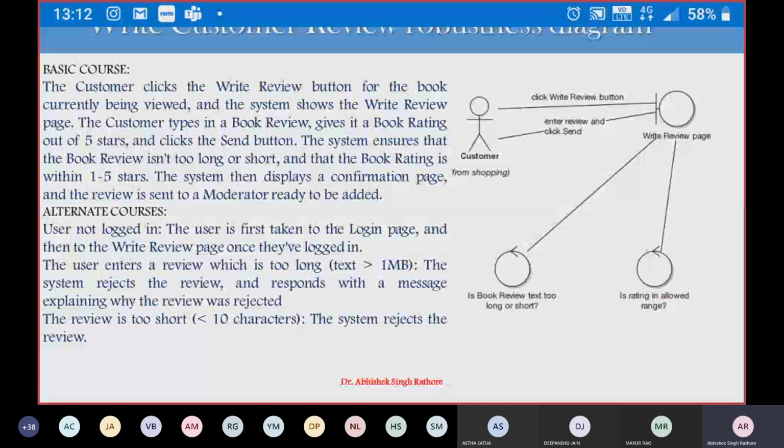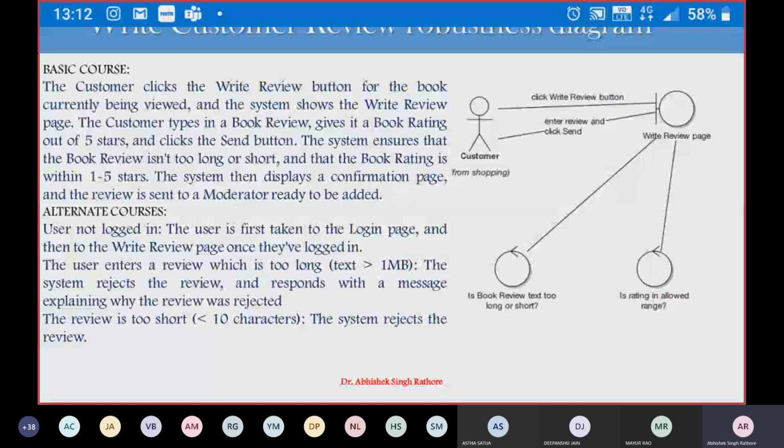In addition to that, we have to create a confirmation page and include the moderator information. So now we can add the moderator in this case. Again, we are checking this diagram.